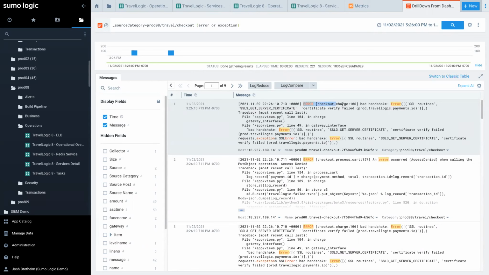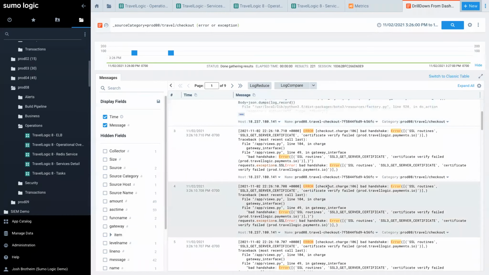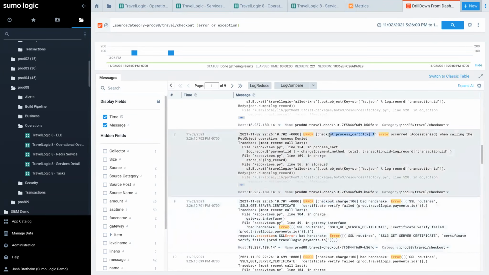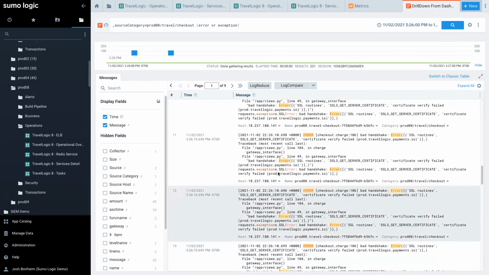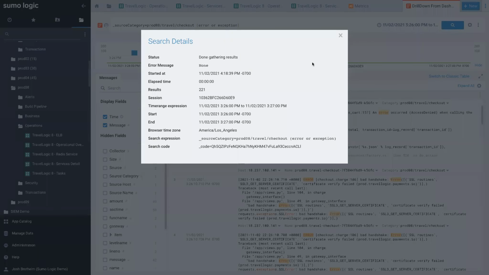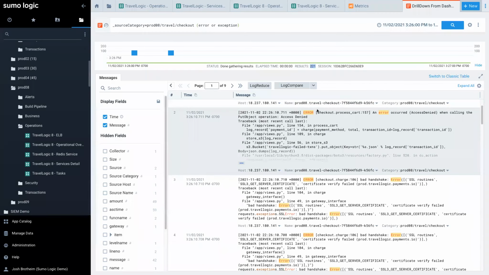What I see here, for example, is error, bad handshake, SSL routine, SSL3 get certificate, certificate verify failed. I see an error with a checkout process cart. I see other stuff, some similar log messages, some a bit unique, but a lot of log messages. Specifically, I see 221 messages showing me that something bad has happened, which is helpful,